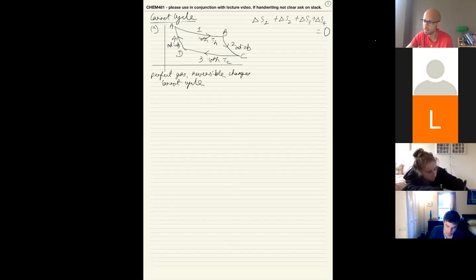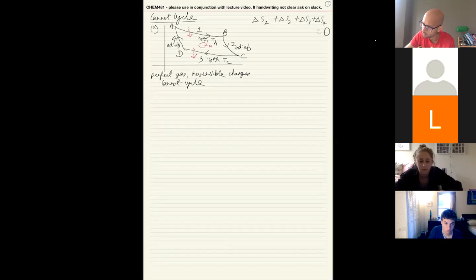So it's taking heat from a hot reservoir at TH and giving that heat out to a cold sink at TC. That's what's going on here. And in the process, through the cycle, you're able to get some work out. And that's what we want to look at carefully. But right now we are not interested in work, we are just looking at the entropy. The work will matter in the next step when we think about the Carnot cycle for any gas. For now, it's the Carnot cycle for perfect gas.